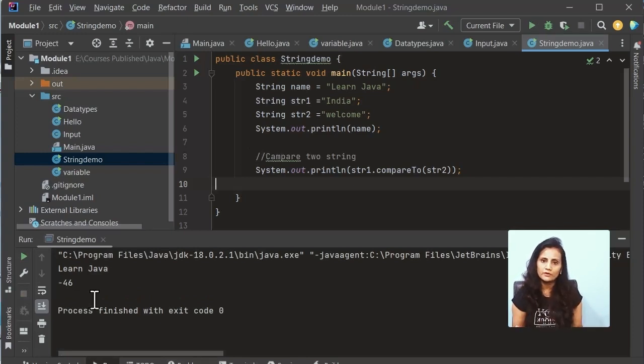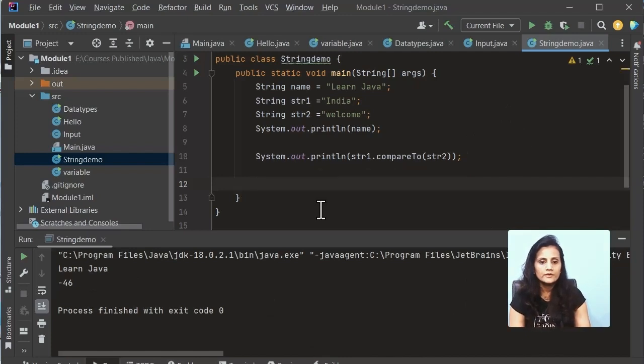Now what is minus 46 here? Why minus? See, this is done internally. In the case of strings, there is one number associated, that is the ASCII code. And according to this ASCII code, your compiler is going to compare the two strings and give you the answer. We don't go into that detail. We are only interested that two strings can be compared. Practically, we are interested in finding whether these strings are equal or not. So this is only what we need. So this one is done.